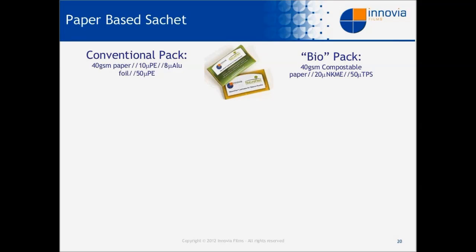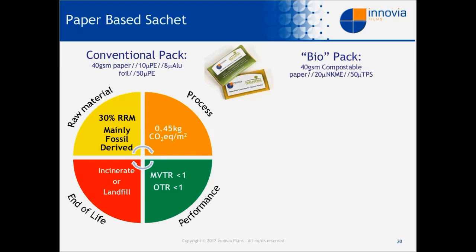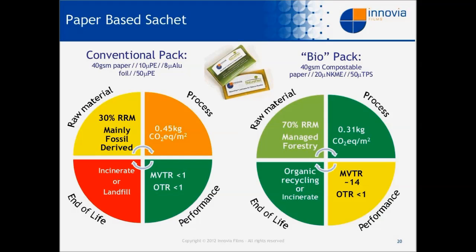And then moving on to the second pack, you can see on the left-hand side the raw material. Because of the paper, we've got a reasonable level of renewable raw materials, although the majority is fossil derived. In terms of end-of-life options, again, we're still limited. Barrier performance, similar to the previous conventional pack, is very good. And in terms of process, not as good as the biopack on the right-hand side, where you've got a lower carbon footprint for the process, a very good selection of end-of-life options, a higher level of renewable raw materials, and also